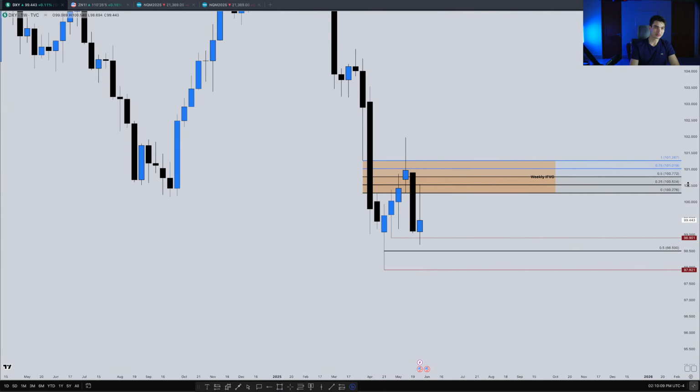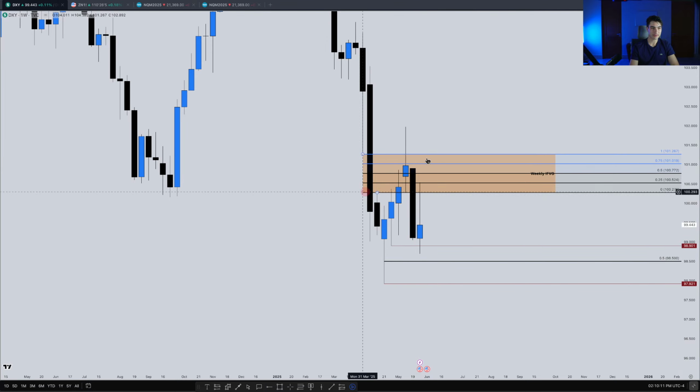So as we were saying, weekly chart here. We have this weekly inversion fair value gap. You'll notice we traded up into it last week. We hit the lower quadrant, respecting it, and then slammed lower. We had that sell side as a target, delivered that. We did not get down to the 50% of this wick here. That's what I'll be looking at going forward. If we remain below this weekly inversion fair value gap, I'm still looking for lower prices. So what I want to see is the midpoint of the wick, and then this sell side here. Again, as long as we remain below this weekly inversion fair value gap.